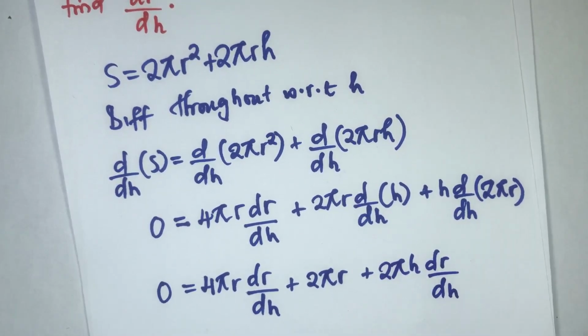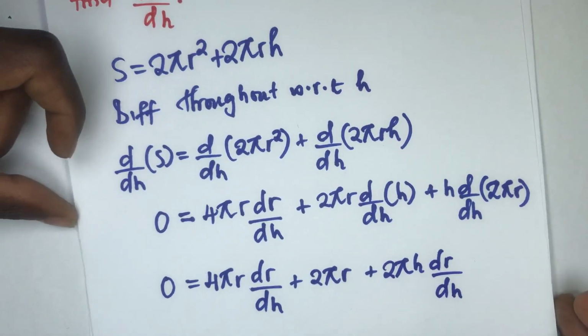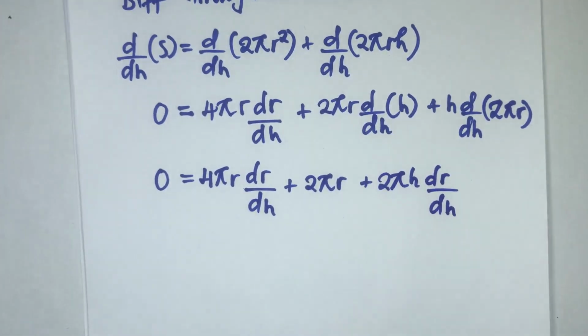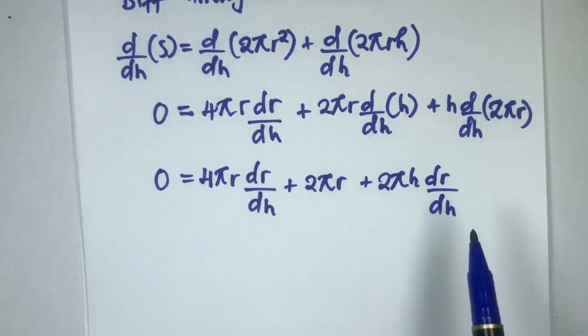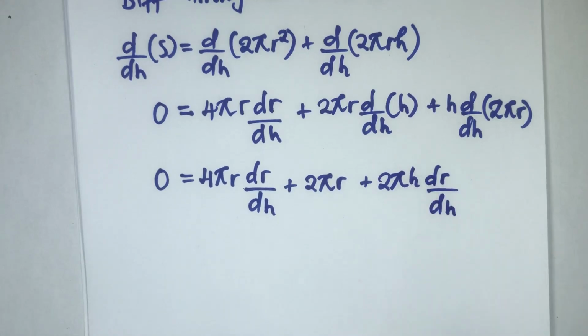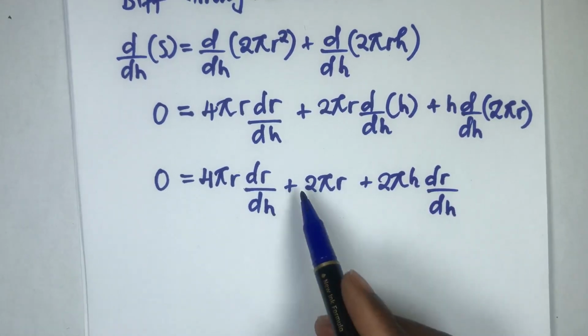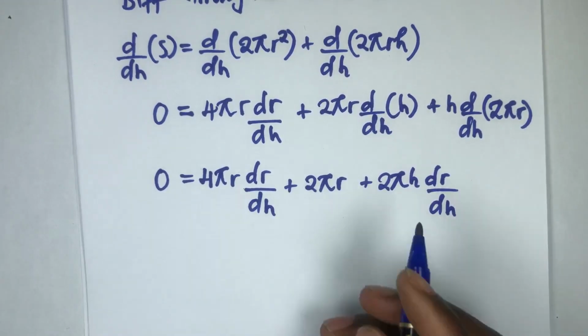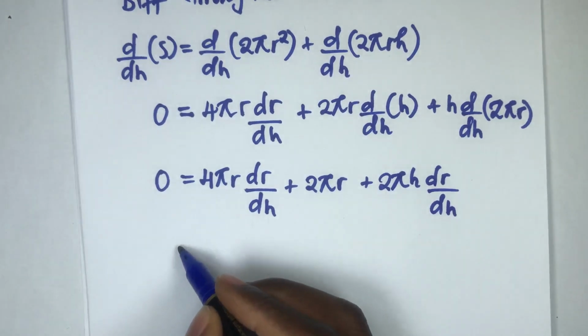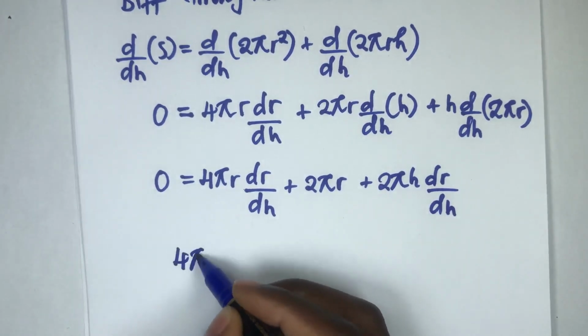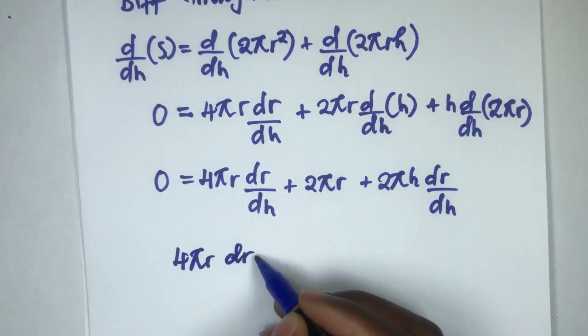So now, since we've done all the differentiation, the question requires us to find dr dh. So how do we do that? We're just going to group the like terms. So of course the first term here has dr dh, and the third term has what? Dr dh there. So meaning that we can take this, it crosses the equal sign, so we're just going to flip it this way. So we have 4 pi r dr dh,